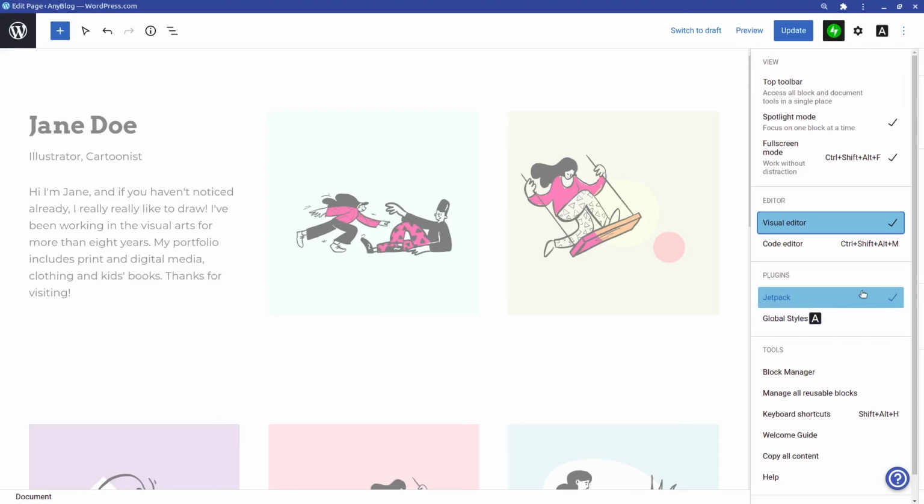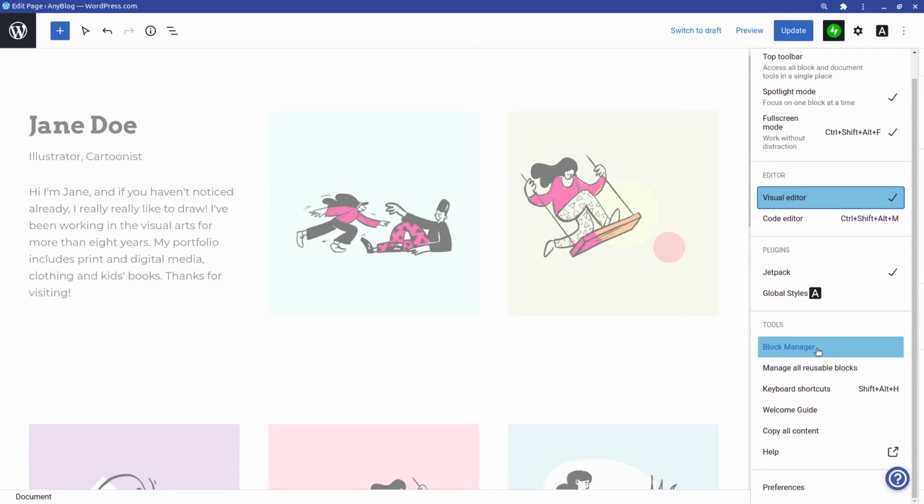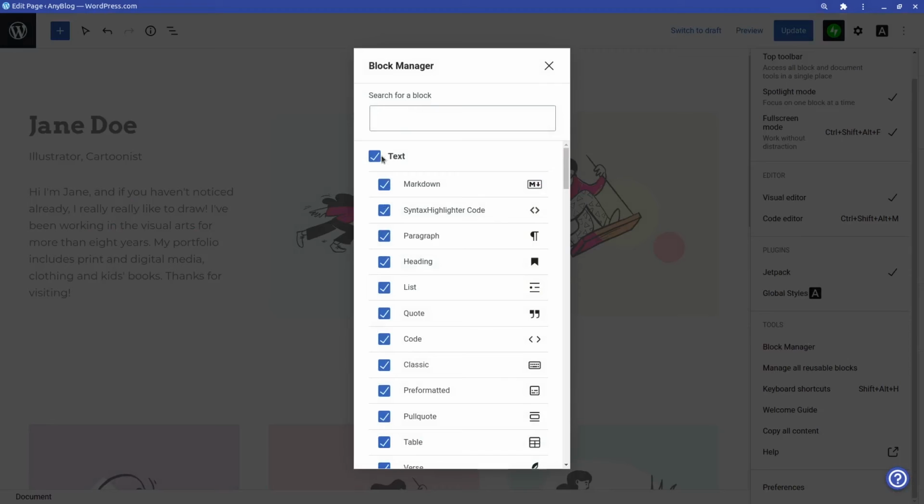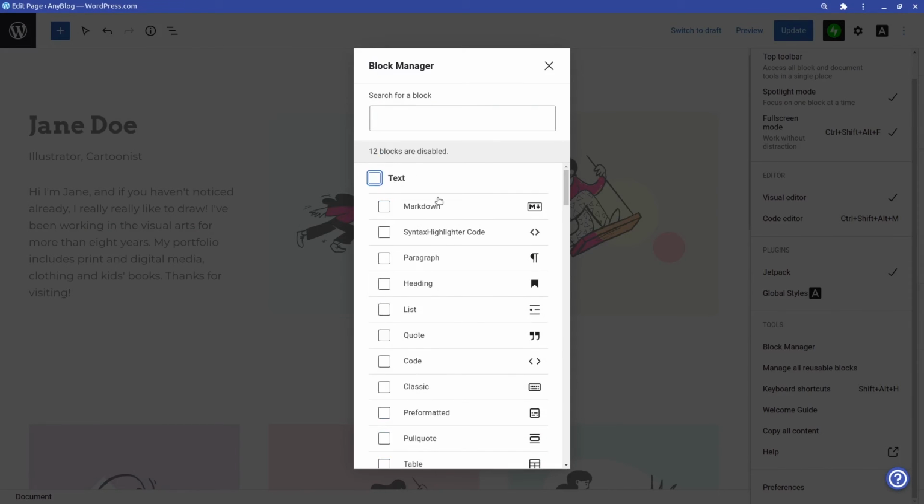And then these are the plugins, Jetpack and Global Styles. So these two are here already, and you have your block manager, and this one you can choose to enable which blocks you want in this page. So if I uncheck this, then all the blocks under the text category will be disabled, so I can't add any of the text into this page.